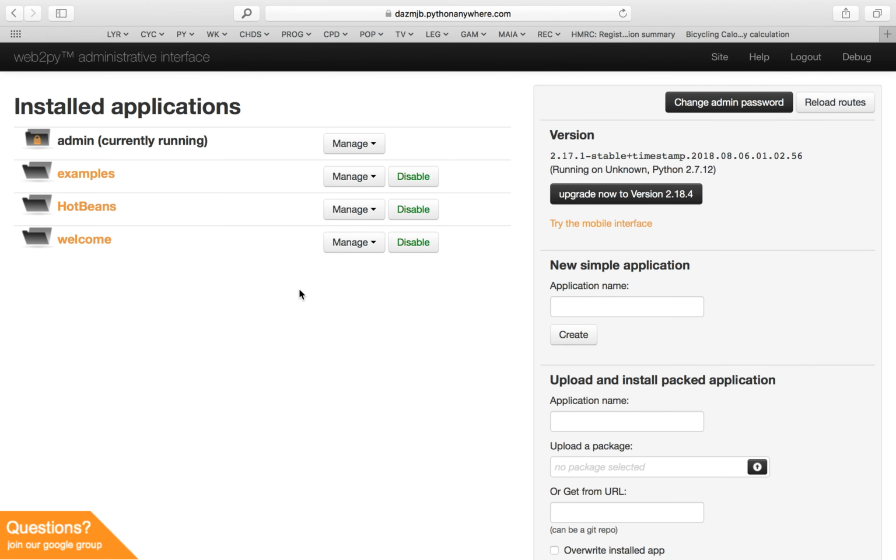Okay, so in this first tutorial, I'm just going to explain how to set up the page, the index page, the home page for the Hotbeans website, and some of the styles that I'm going to use, some of the content and how we lay out different areas of the screen for different types of content, and also finishing with how